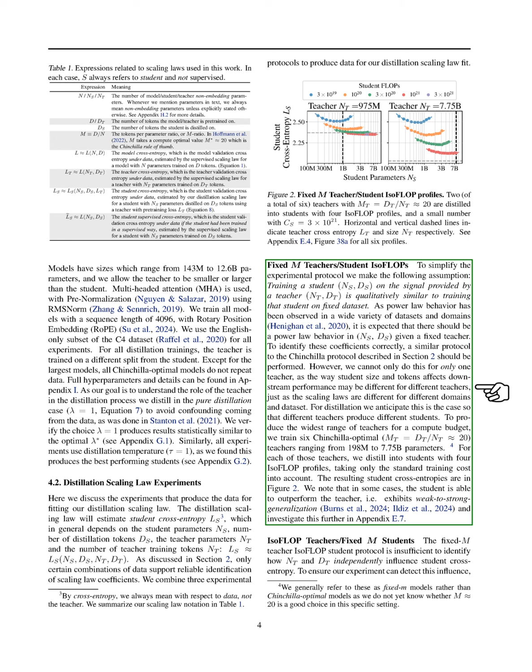To maximize the variety of teachers within our compute budget, we trained 6 Chinchilla optimal teachers with sizes ranging from 198 million to 7.75 billion parameters. We then distill these teachers into students with 4 different isoflop profiles, focusing on standard training costs. The resulting student cross-entropies are shown in our figures. Interestingly, we find that in some cases, students can outperform their teachers, indicating weak to strong generalization, which we explore further in another section.